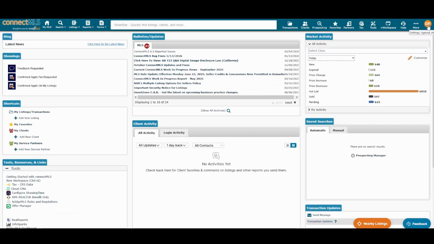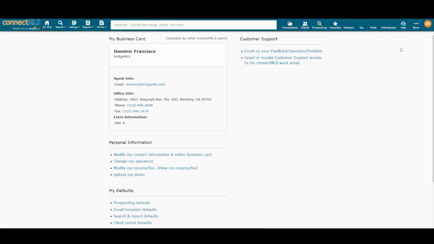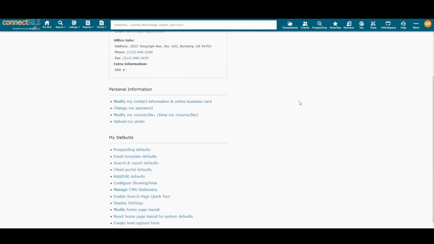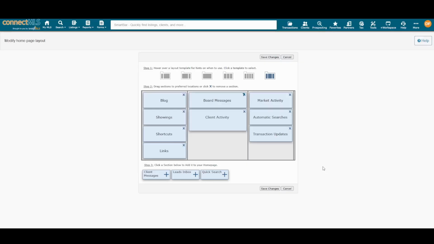You can further get into customization if you go to the little circle at the top here. It'll either have your initials or your photo. Click on that, go down to My Settings. And then in My Settings, you can scroll down and choose Modify Homepage Layout. And in Modify Homepage Layout, you can visualize the homepage here with the widgets and the different amount of columns